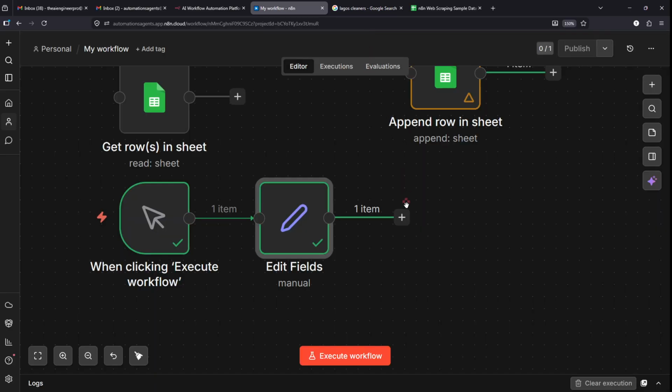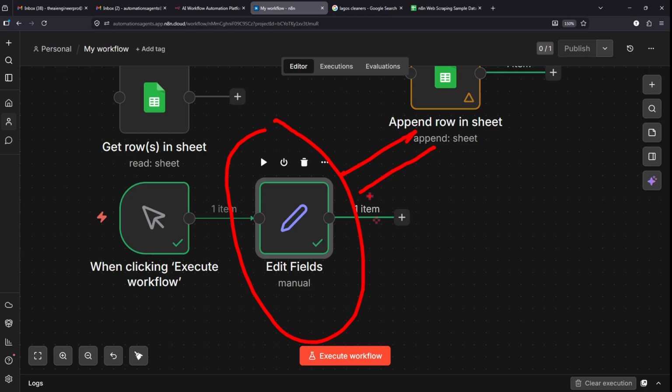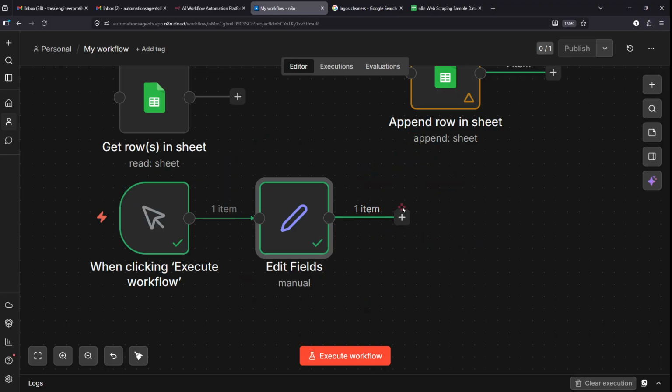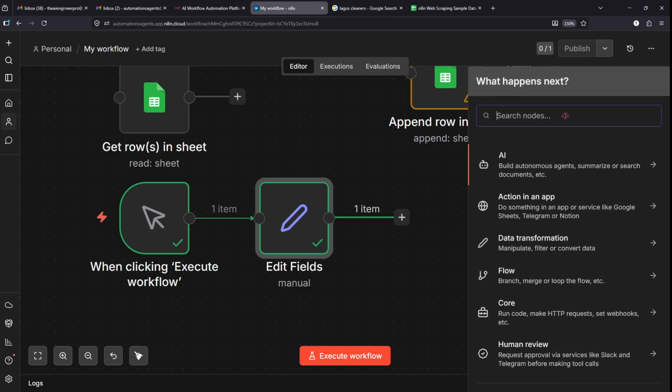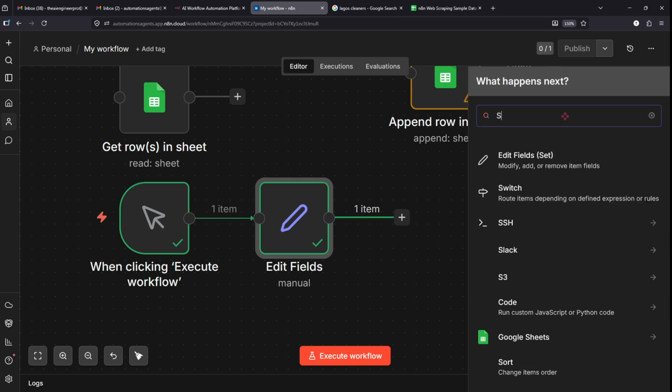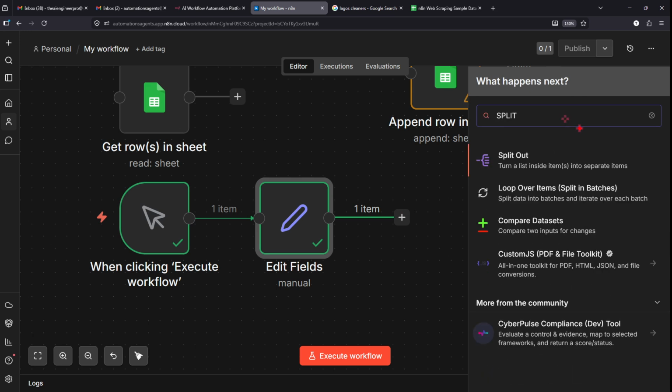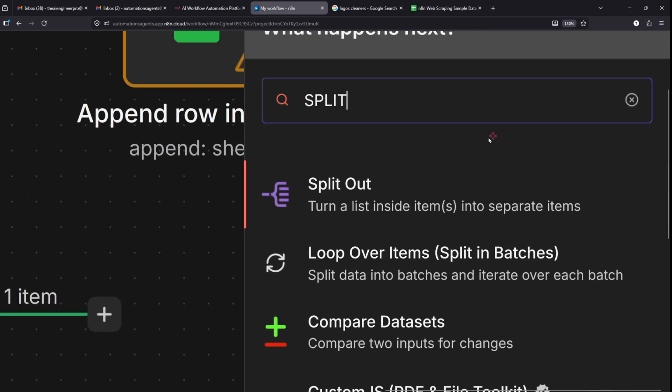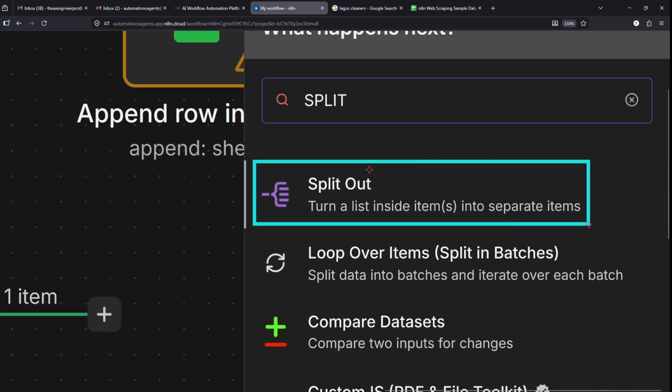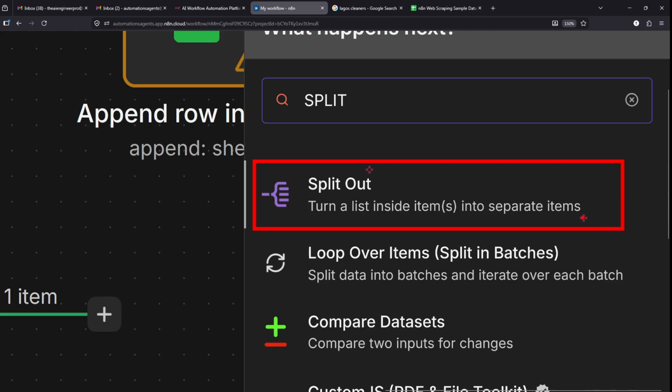So what we want to do now is split out all this data inside here, so they can become individual data that will be inserted all at once into Google Sheets, not like only one row. So click on this plus, let's add another node, and there's a node called split out. And what split out does, if you look at it, it turns a list inside items into separate